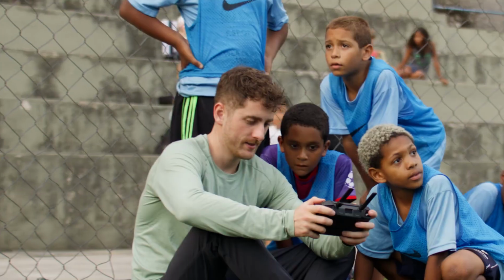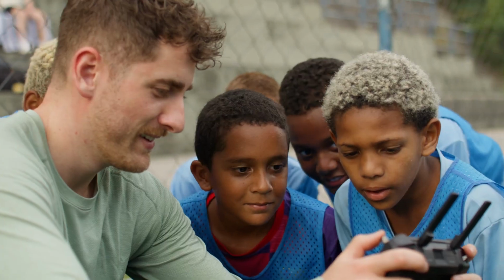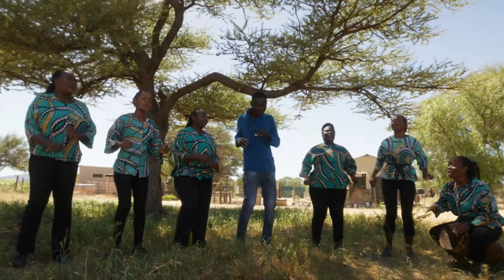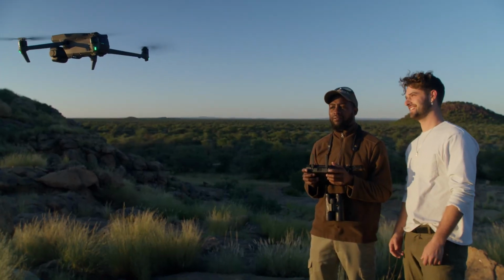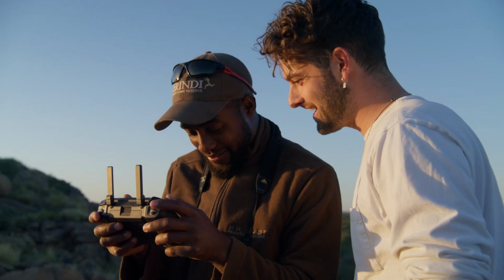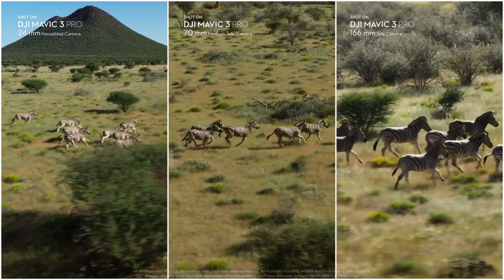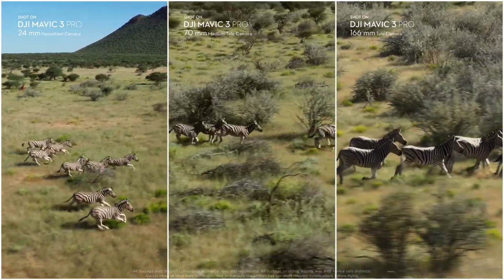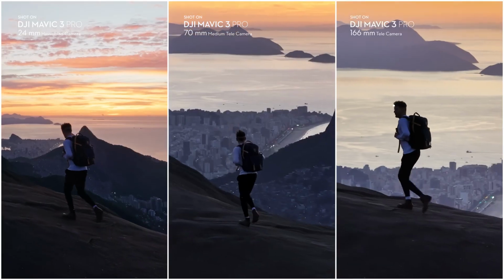Authentic imaging has the power to convey emotion, to inspire, and to freeze moments in time. Mavic 3 Pro delivers endless ways to ignite the sparks of creativity. So having 3 lenses built into the DJI Mavic 3 Pro allows me to get different angles and different shots that I didn't really think were possible before. From the image quality to the insane variety of shots that you can get, this drone really is a dream